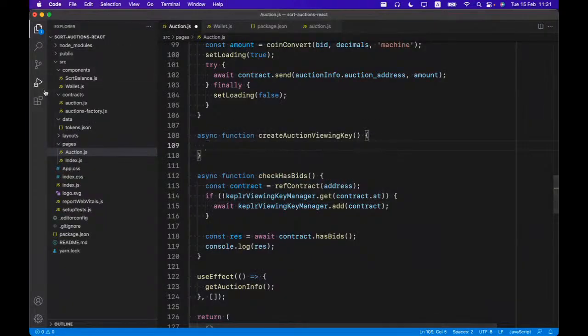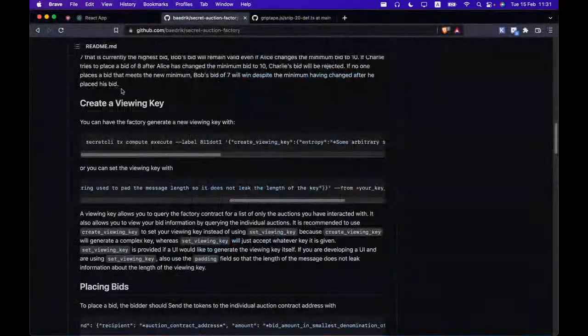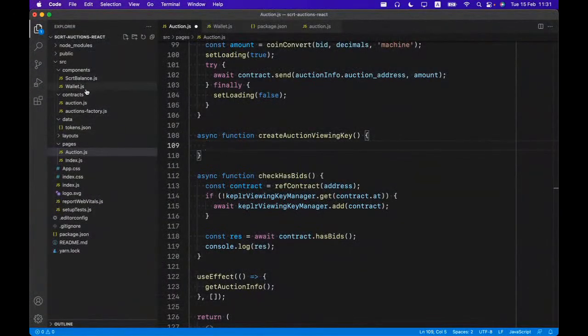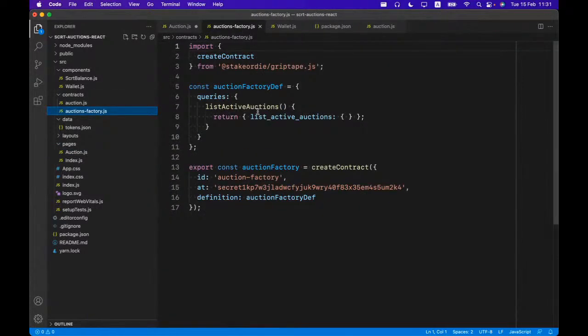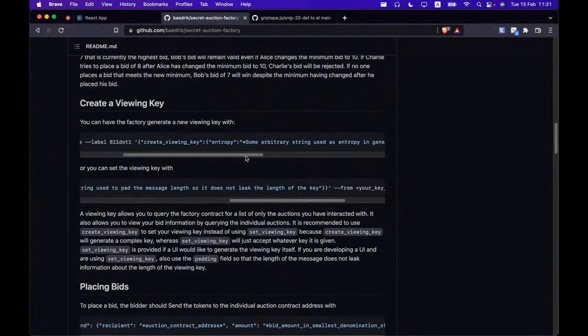Therefore, I believe so. I might be wrong about that, but I'm pretty sure that's the case. Yeah, I think you're right. You only have to interact with the factory. Yeah, I was a little bit confused because